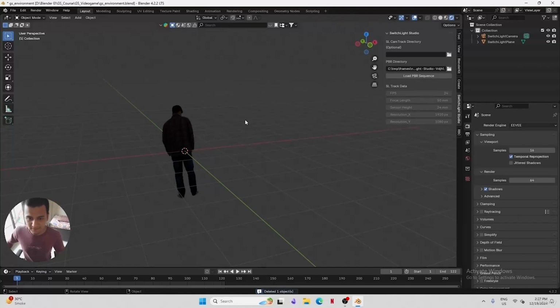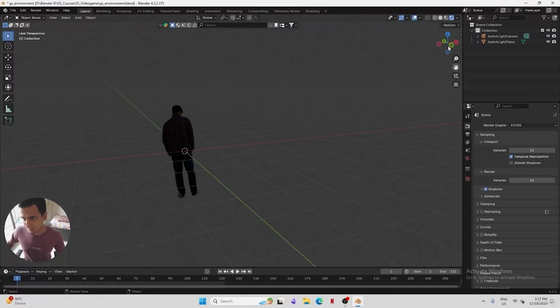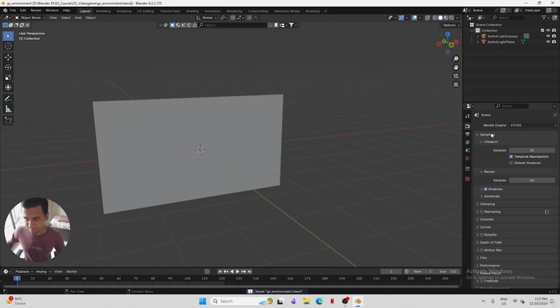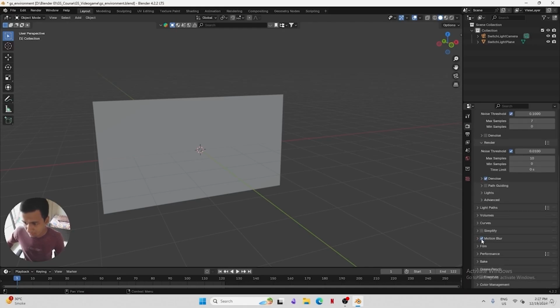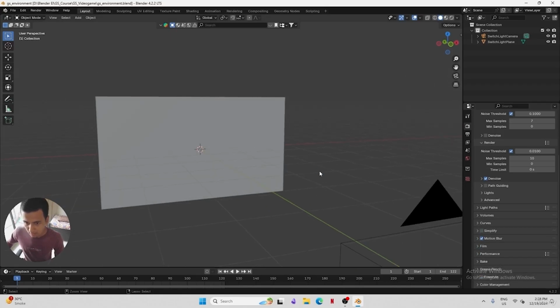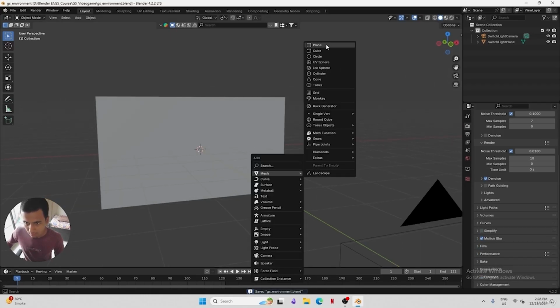Now we can move ahead with creating the grass. So for that, make sure the render engine is Cycles and choose the device to GPU compute. Make the samples 10. Make the viewport samples 7. Make sure the motion blur is on. Then go to curves and viewport display. Make sure it is set to sweep. Now create a new plane